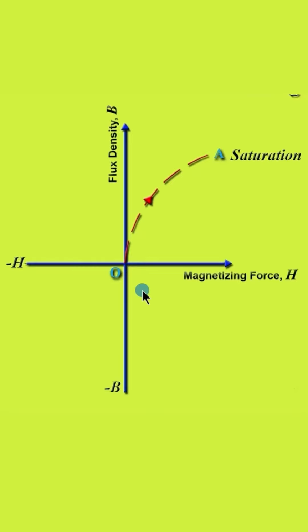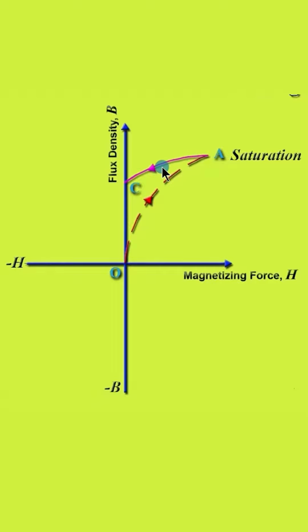When we studied the BH curve, when magnetizing force is applied, the flux density also increases along the curve OA and it saturates at point A. After A, even if the magnetizing force is increased, it remains at the same level. Suppose we reduce the magnetizing force, it will not follow this path, but it will reduce along